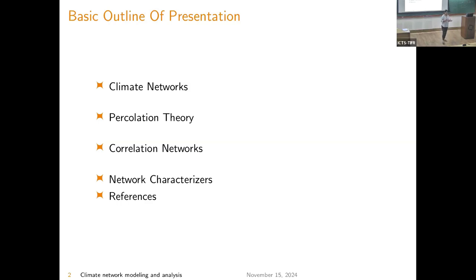The last part which I'm going to talk about is that I've implemented this climate network framework and I have tried to predict various precursors for the El Nino event or for the tropical cyclone. All this is in order to understand the real system, what is going on in the actual climate system, and how we can correlate different nodes based on the real activity happening at those nodes. So let's start.